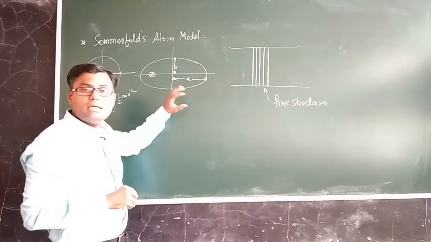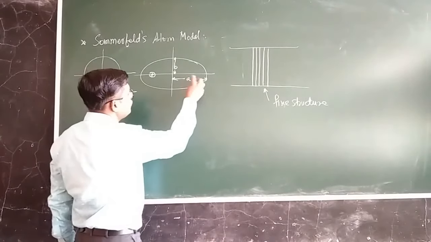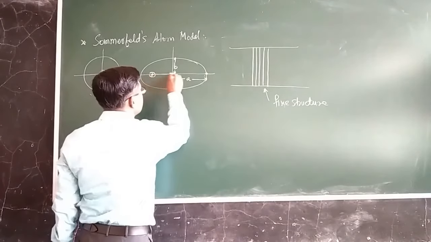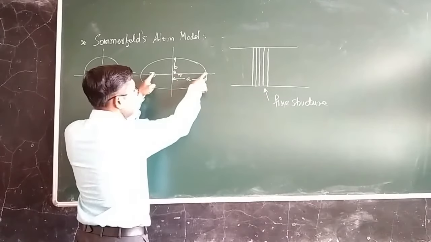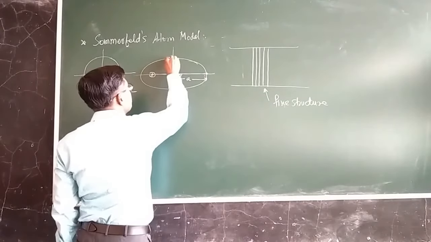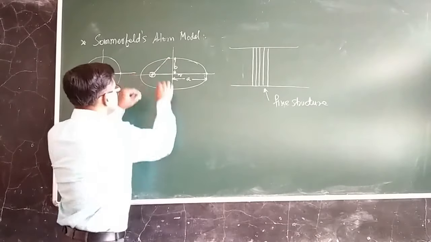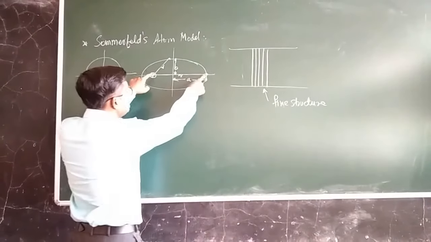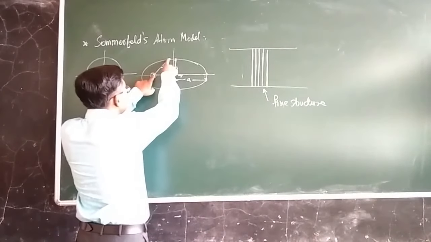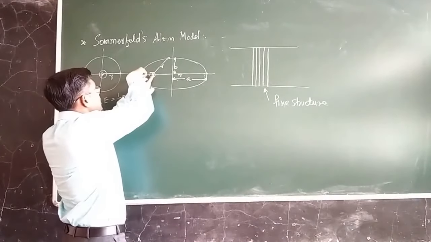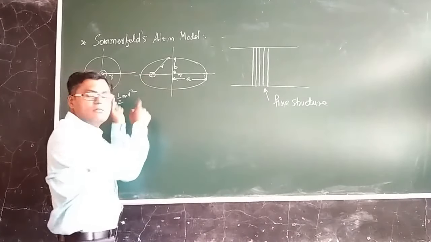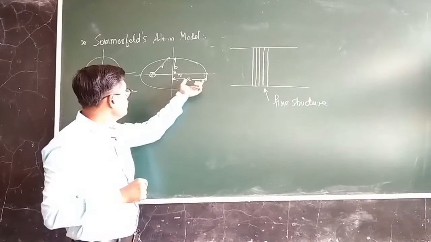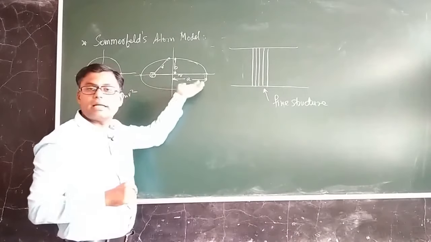What about the case with elliptical orbits? You can easily understand from this diagram that if the electron is at this particular position, then this will be the value of the radius vector. If the electron is at this other position, then this will be the value of the radius vector. As against the circular orbit conditions, here the radius vector is more, here it is less, and if the electron is located at this particular position, the radius vector will be minimum. So during the complete revolution in the elliptical orbit, the electron will have different values of the radius vector.